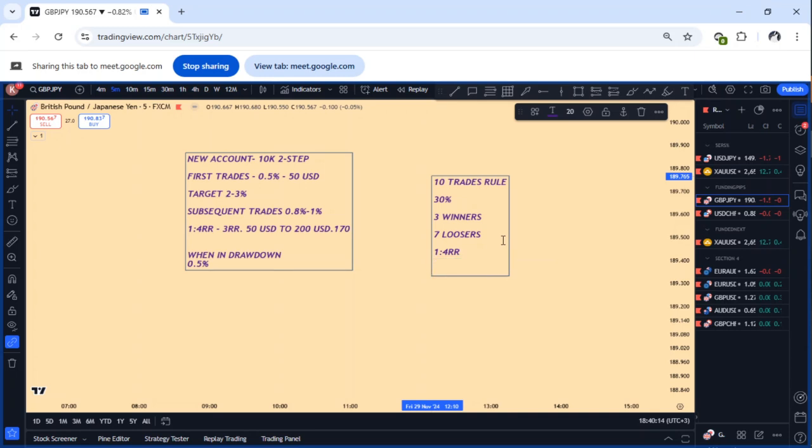It means how much is going to be your return on reinvestment. You are risking, let's say, $1 to get $4. So if you are getting 3 winners, it means that you shall have brought in 4R, 3 times. That is the winners. So that would be that multiplied by 4R,